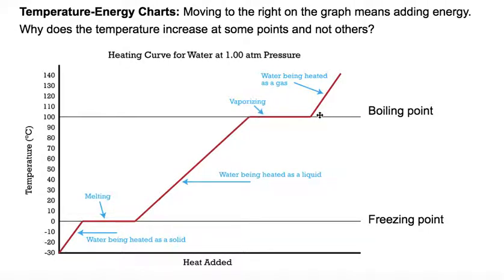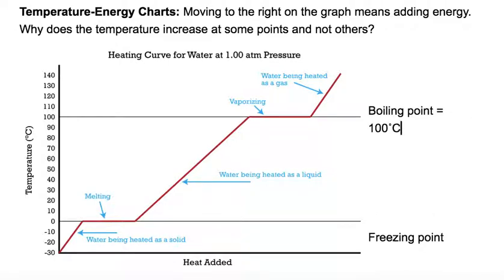So the temperature doesn't go up, but the energy is actually transferring the phase, changing the phase of the liquid water to the gas water. If we were able to collect that gas, we could heat it even higher, which is what this part of the graph is showing. Or if we were to take heat away, meaning moving to the left on the graph, that would make the water cooler and cooler and cooler until we start taking energy away to change the phase to ice. So we can see from this graph that the boiling point of this substance is 100